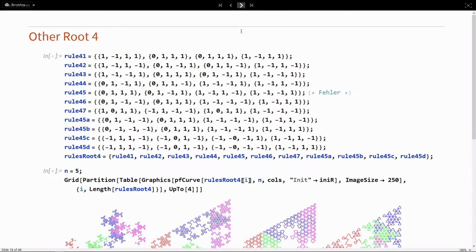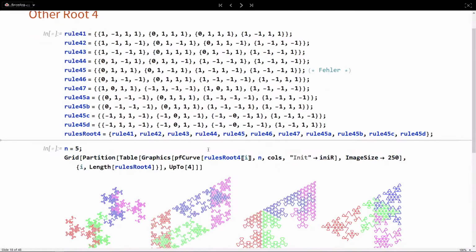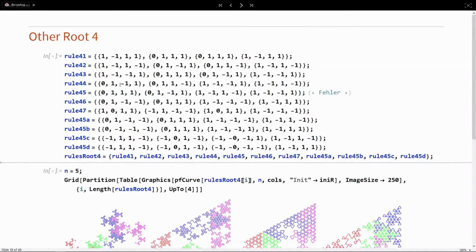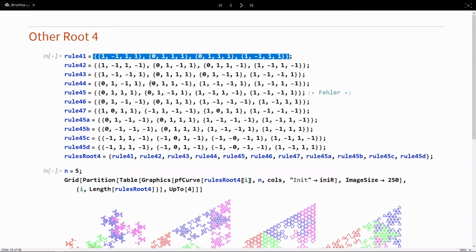For rounding the corners, basically instead of a straight line segment, you alter the initial curve so that it has a bump in it, and that will add the curve in. That's part of the code by Dieter Steemann I showed earlier. These are different initial patterns, and here are other root 4 curves